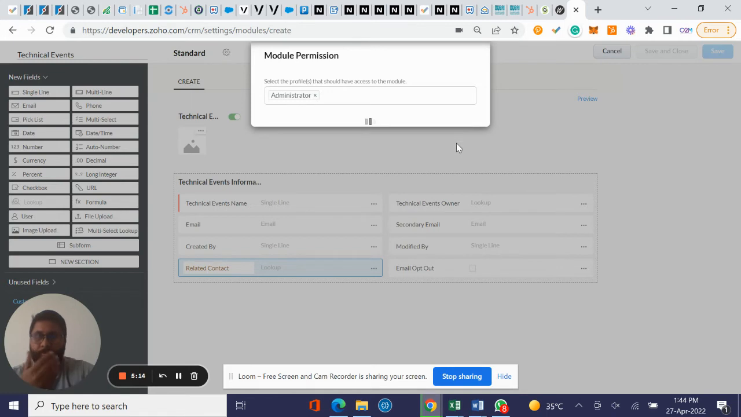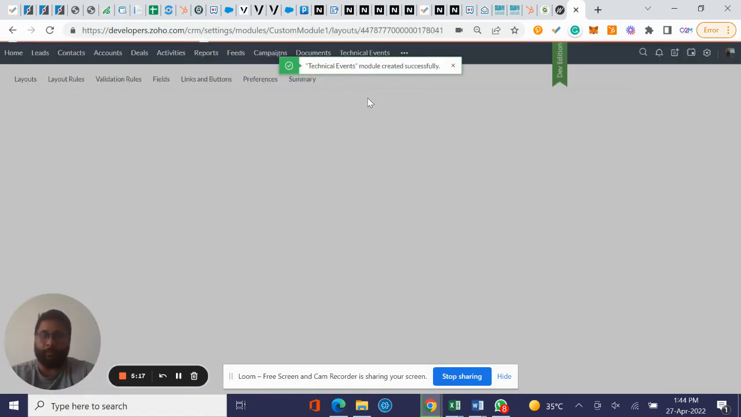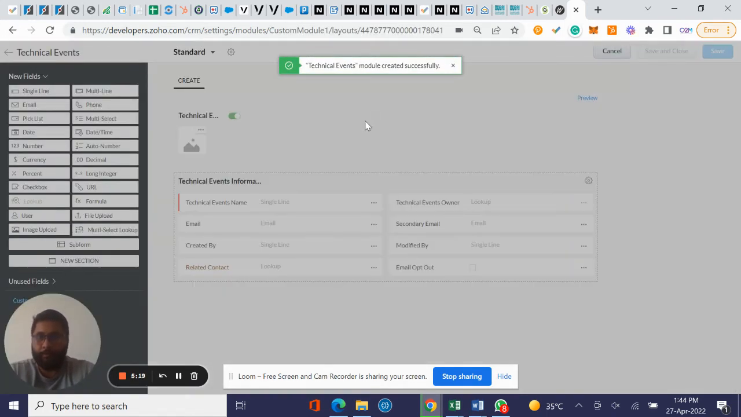Yes, we want to keep it to administration. What would be the module permission? We will give it to the administrator for now, and we will go to the